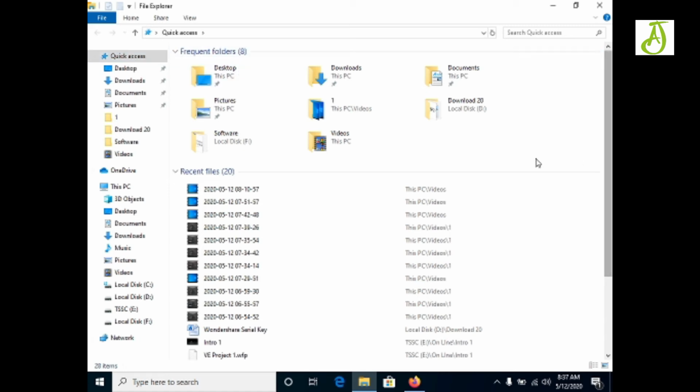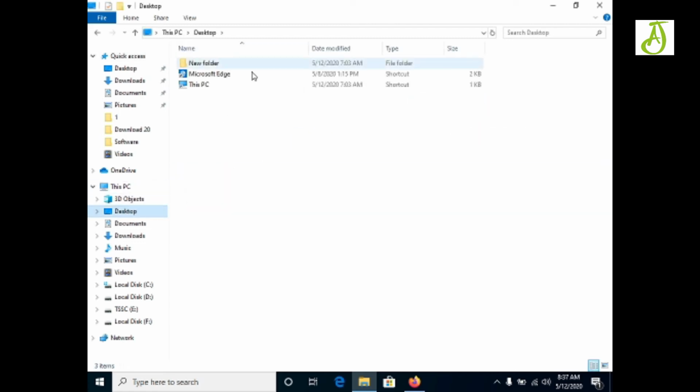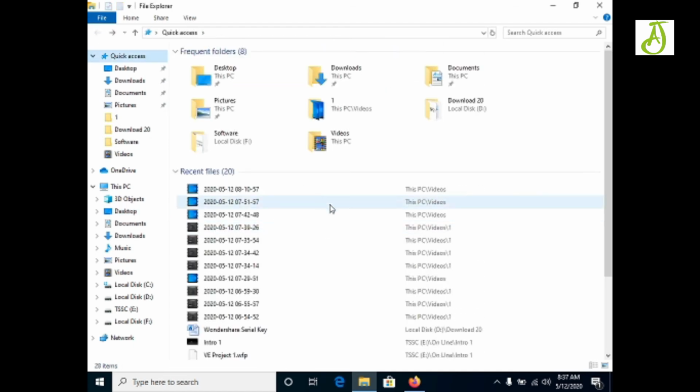The second part shows whatever is selected. For example, if I select Desktop, it shows its contents here. And the third part shows the recent files which I have visited on my computer.